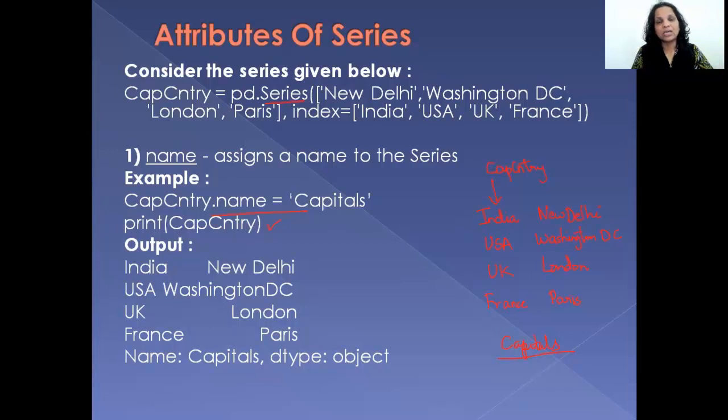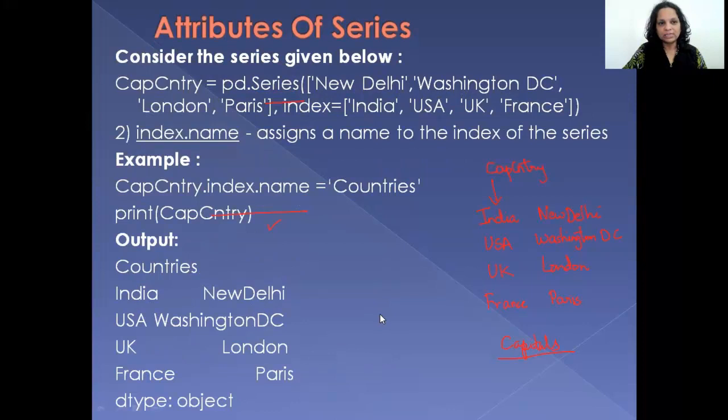But in this case, when they get transferred to a data frame, that column of the data frame will have a heading, and that heading is going to be the name that you have given here, which is capitals. So in this chapter, you won't see how you can make use of the name attribute, but it's useful when we are transferring the contents of a data series into a data frame. Is that clear? Okay.